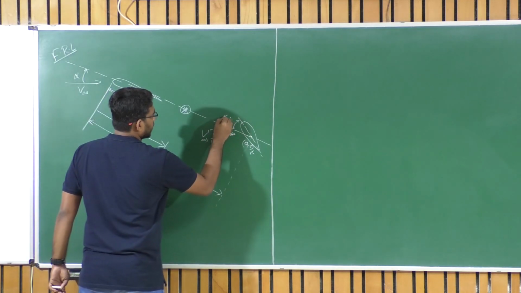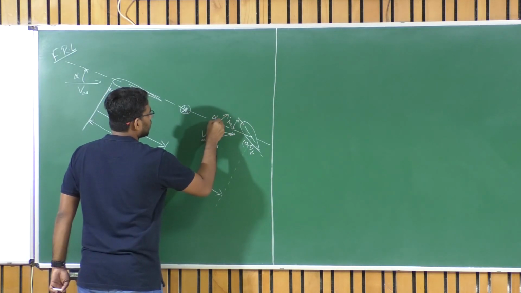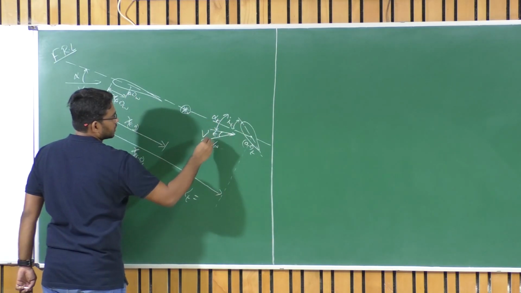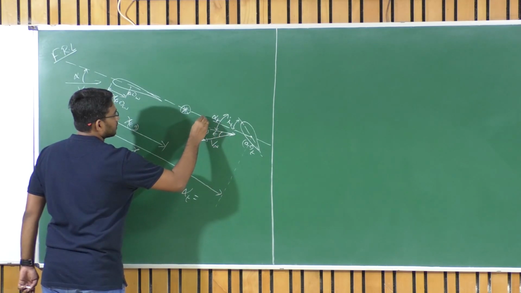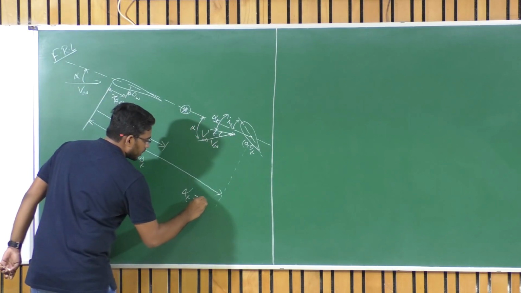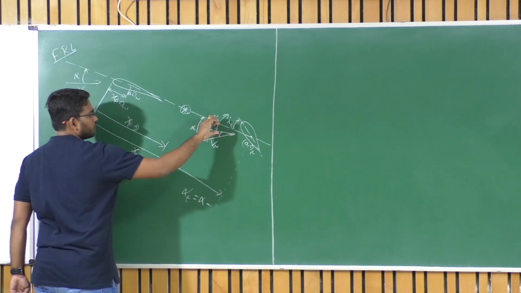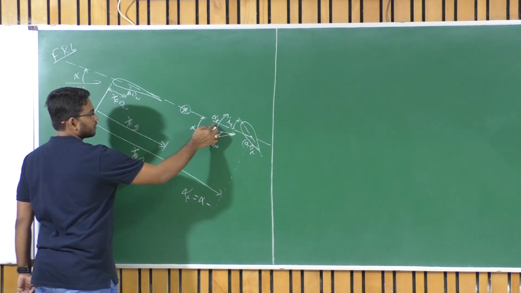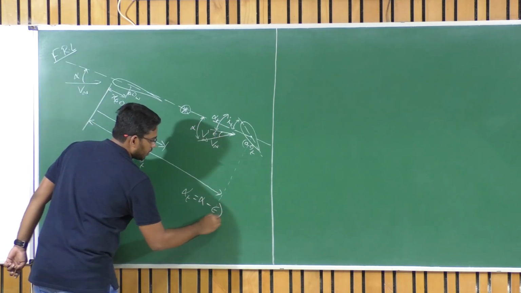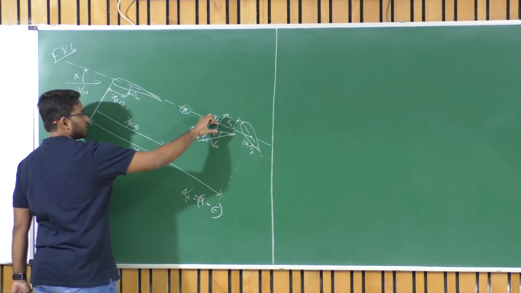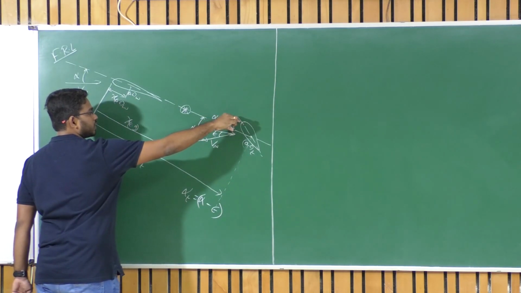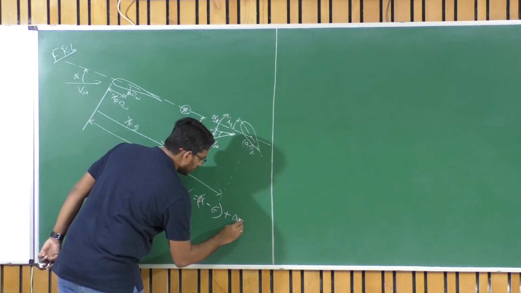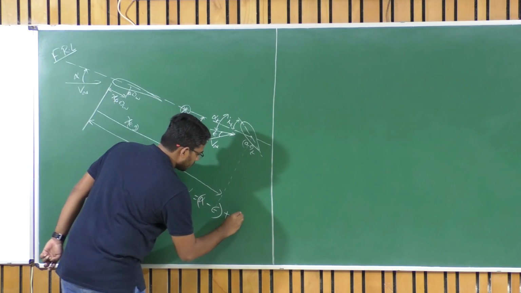Now the total angle of attack of the tail, alpha t, in terms of known quantities: what I know here is alpha, so this is alpha, and alpha subtracted by epsilon will give me the V infinity or the flow at the tail with respect to the fuselage reference line, right? So alpha minus epsilon is this particular quantity, added with the inclination of the tail, will give me the total angle of attack at the tail, right? Alpha t is equal to alpha minus epsilon plus i_t.